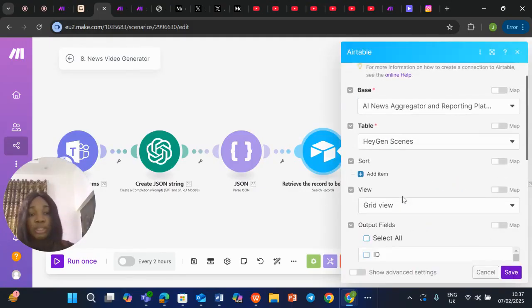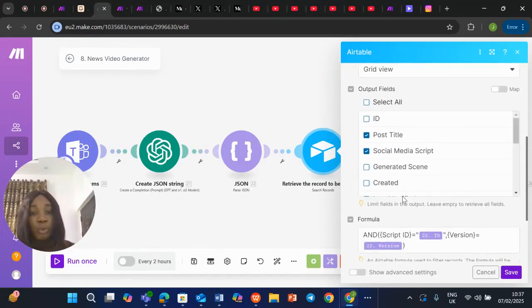So the same way we did in the previous workflow, in the previous scenario, where the script ID is equal to whatever is gotten from Teams. So in this case, we're using JSON because it has passed it already. So where the script ID is equal to whatever is gotten from JSON, and the version is equal to whatever is gotten from JSON on our table on Airtable,